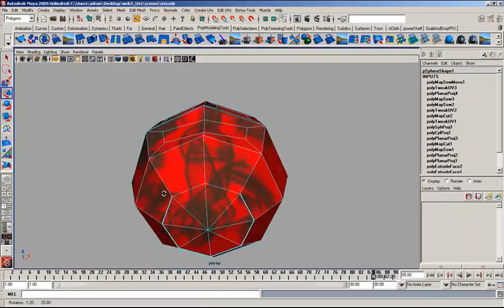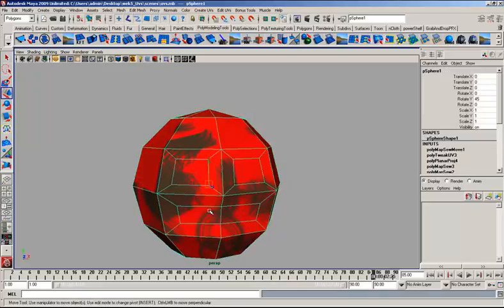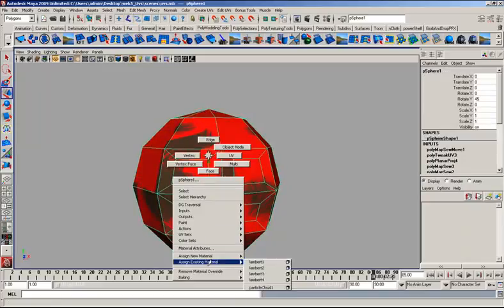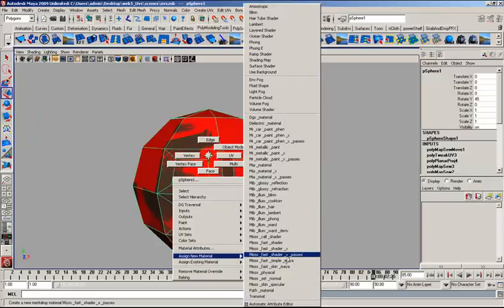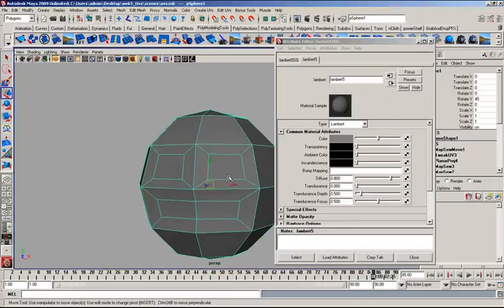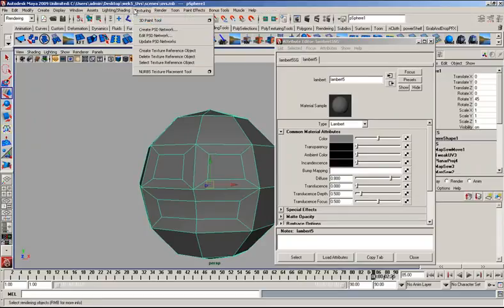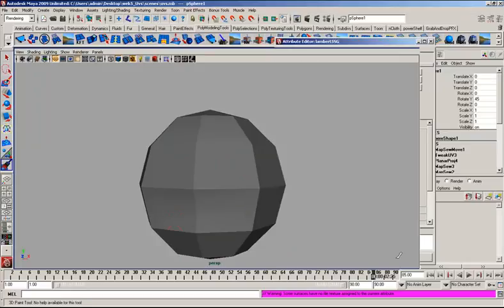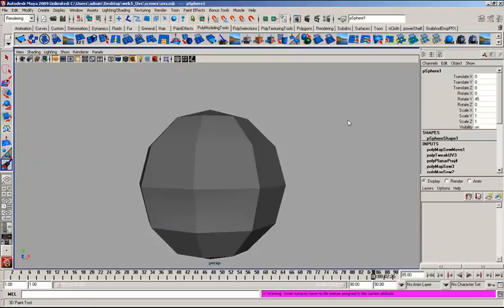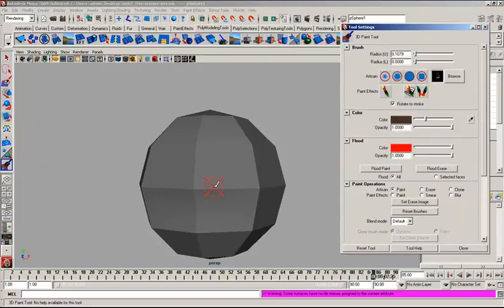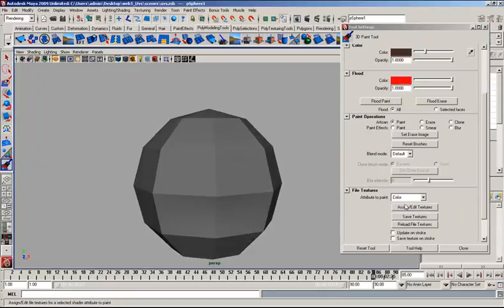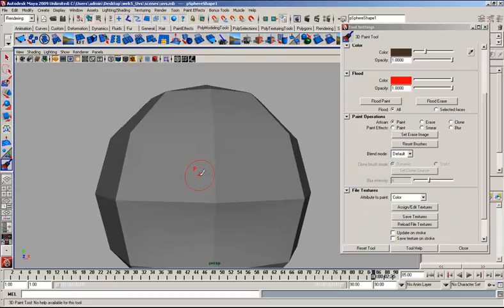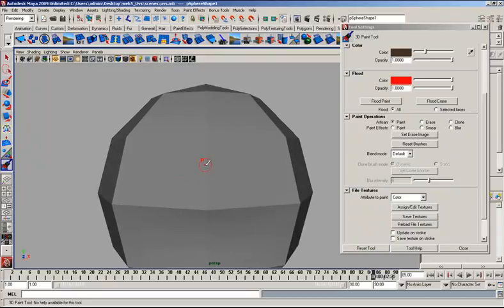So I'm sacrificing a couple of extra seams there, but if I go ahead and assign a new material, and again I'm skipping the Photoshop part just to be quick about this tutorial, but if I go again back into the rendering, texturing, 3D Paint tool, and assign it textures, yep. So if I start painting some eyes here,